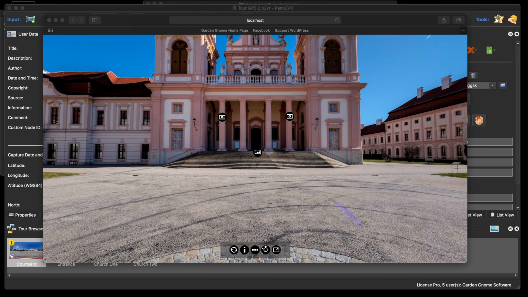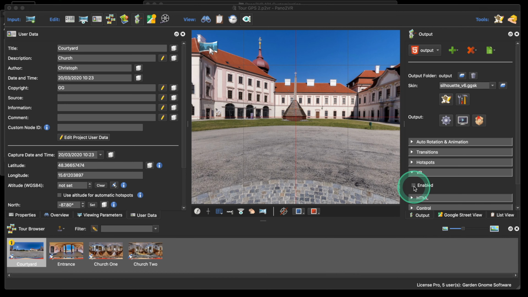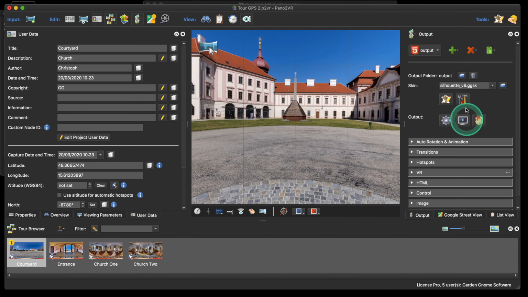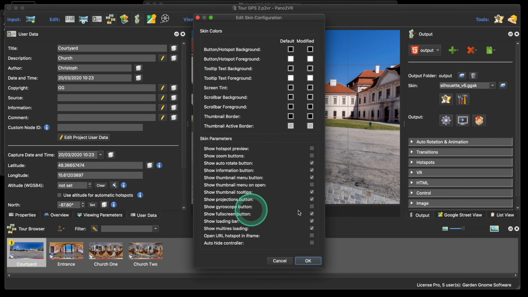Right, so let's move that out the way, close this off and put everything back before I forget. So let's turn that back, and I'm going to turn back on the gyroscope button. Okay, so what's the other things can we look at here? Right, well, we've got